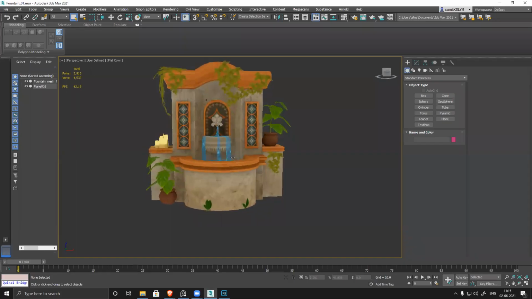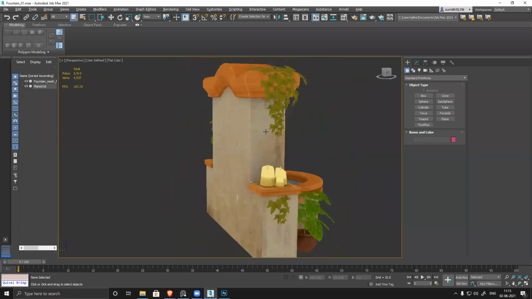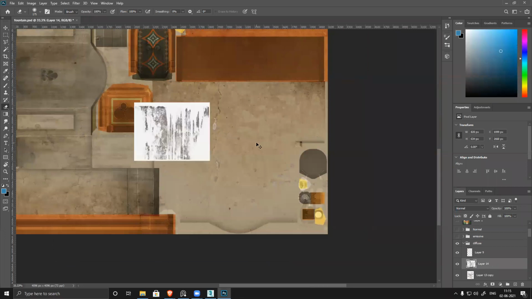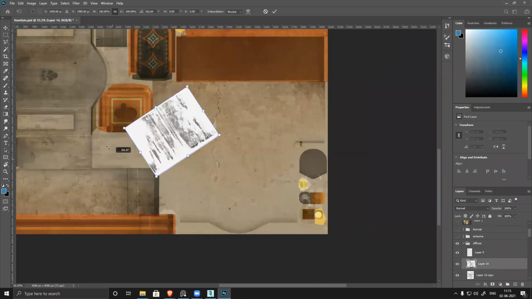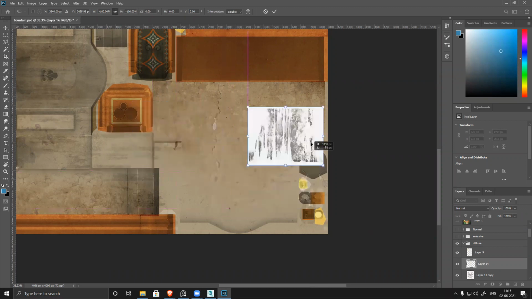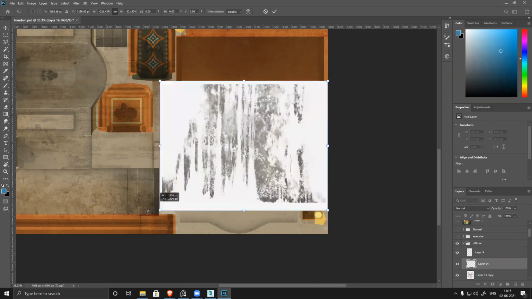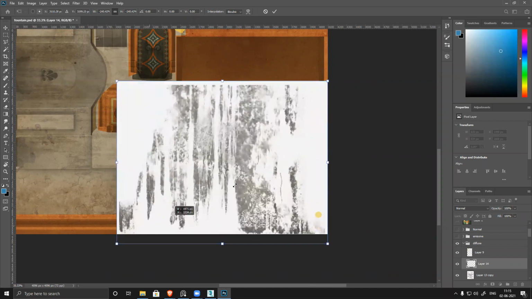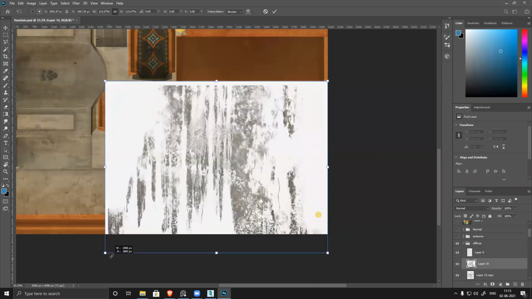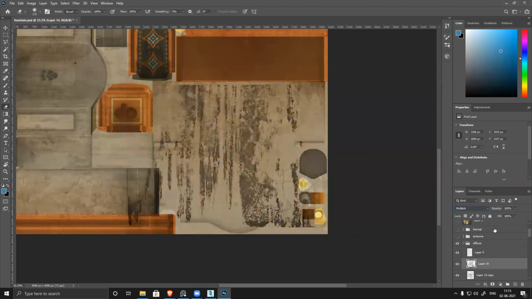See, it's a little lighter. So add some weathering, add some dirt. Multiply.